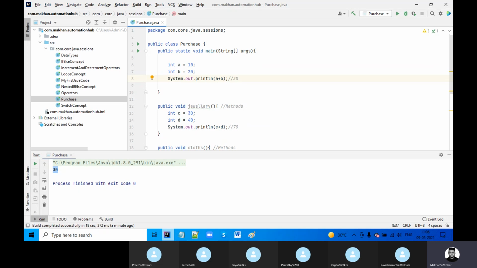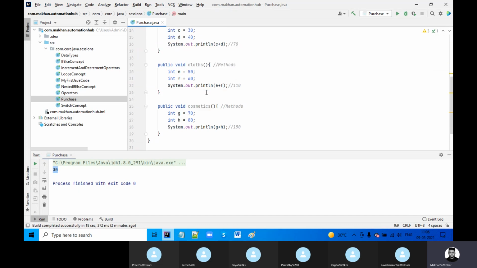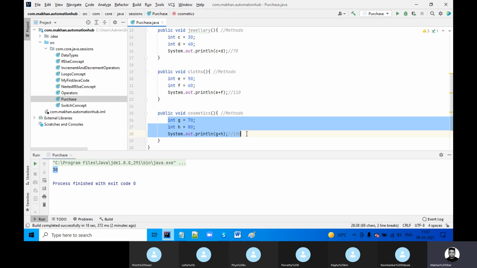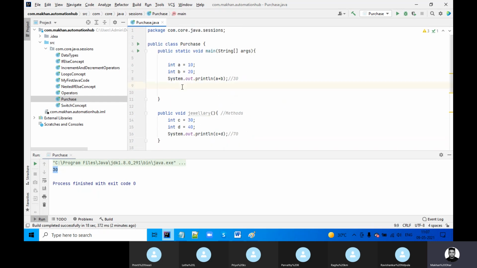Okay, so to create an object, the very first thing is you have to be within a class. Suppose you have one class and multiple methods. To call that particular method, to get that method's value printed, you need to call it. To call that, you need to create an object.